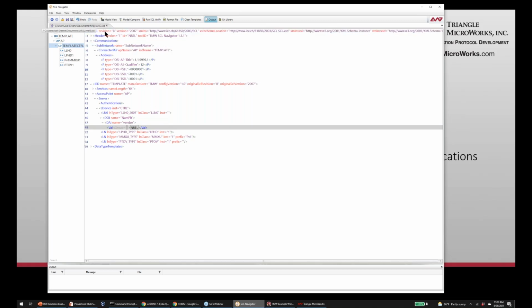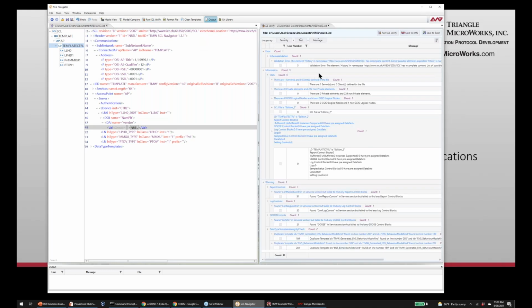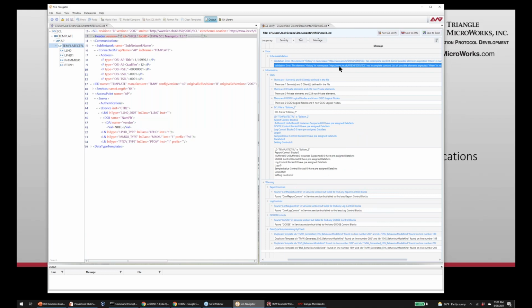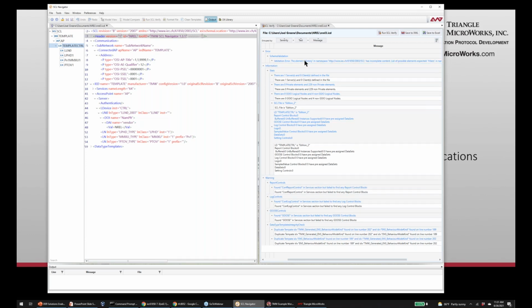So the other tool we talked about and ran through quickly, the SCL verifier. This is the tool that just analyzed the file we have here, and it goes through and tells us, this is telling me that I skipped that history indication, the dialog box that popped up, and I said I wasn't going to do. I should have done it, and it caught me. That's what verifier is for.